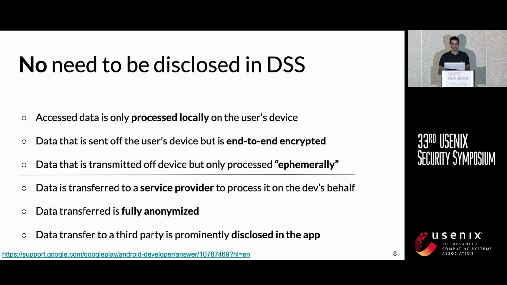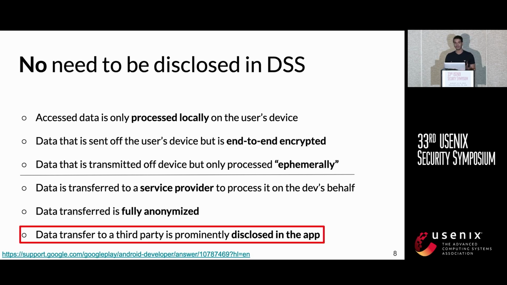For example, there is no need to disclose the data as collected if the data is only processed locally, or if it's sent off the user's device encrypted, or if it's transmitted off device but only processed ephemerally. Also, there is no need to disclose data as shared if the data is transferred to a service provider, or if the data is transferred fully anonymized. Or, interestingly, if the data is disclosed in the app through a runtime consent dialog.